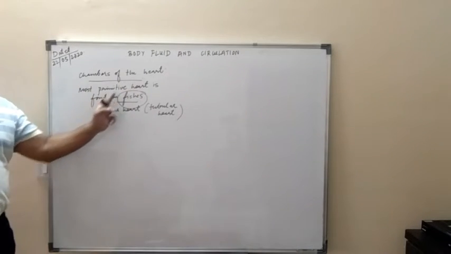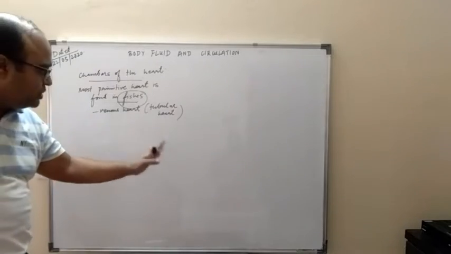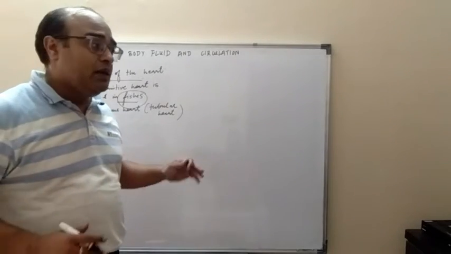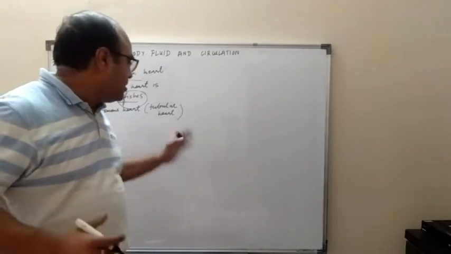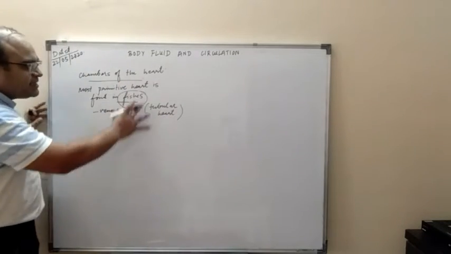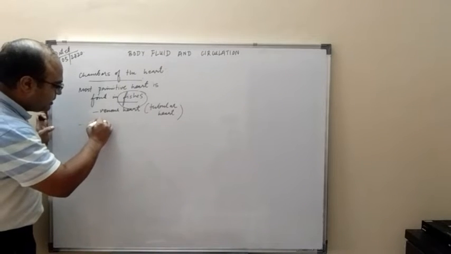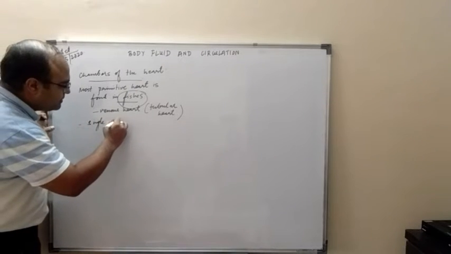The most primitive heart is found in fishes, and it is the venous heart or the tubular heart. What do you mean by the term tubular heart? What does that do? See what happens, there is a single circuit circulation system over here. It is a single circuit